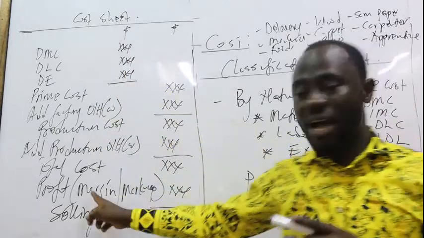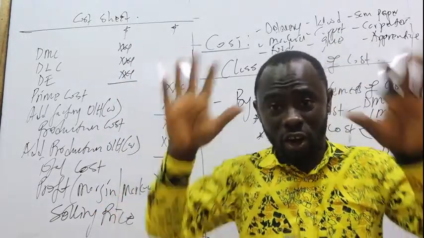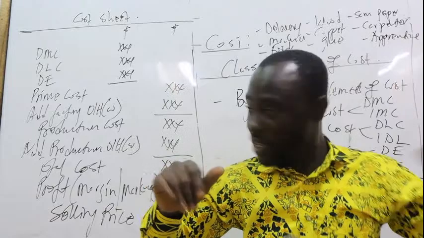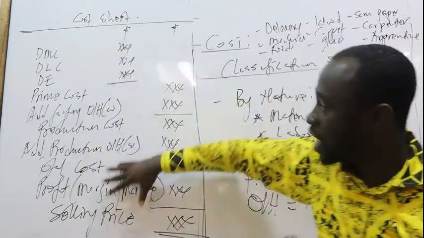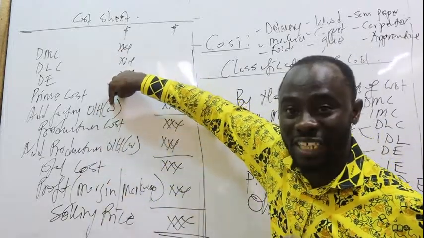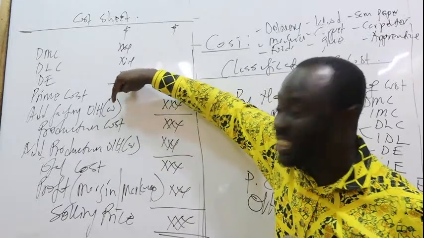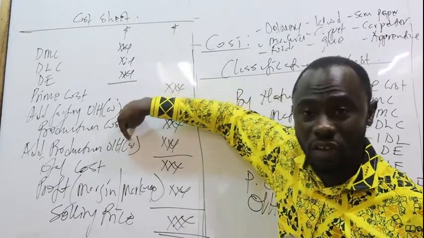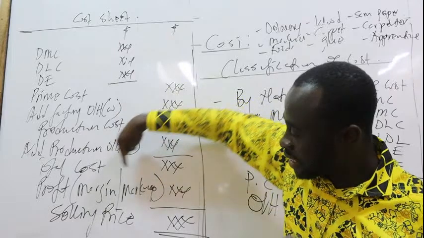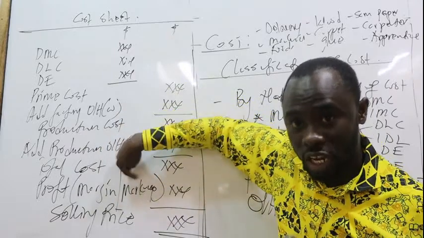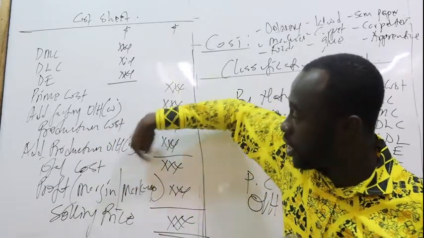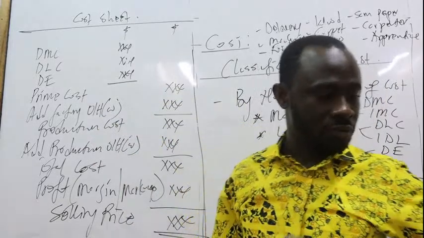Now, margin and markup also, I'll be explaining the concept later on. So you stay with me and I'll be explaining everything we have here. Overheads, we'll be explaining it later on. That is the factory overheads. The production overheads, we'll be talking about it later on. Then the margin and markup thing, we'll be talking about it later on. So you make sure you stay with me as we continue with the discussion.